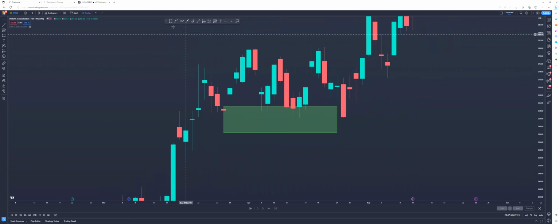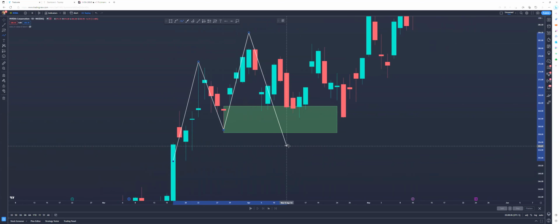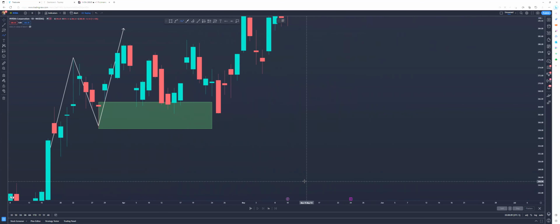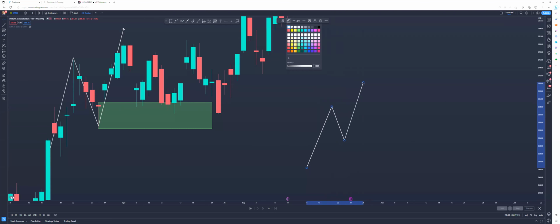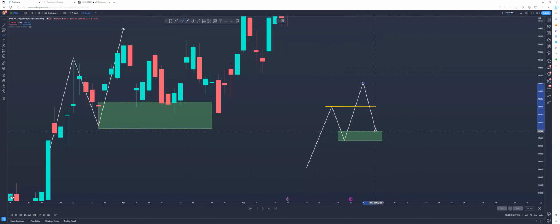So look at what we just had. I'm going to draw it on here. We had a push up, we had a pullback, and we broke that high, right? It's the same thing that we just did over here. We had a push, pullback, broke the high. That was a break of structure. So then this area becomes our new demand, our new order block, whatever you want to call it. If we're looking for a trade, we're looking for a pullback to that and to go higher.